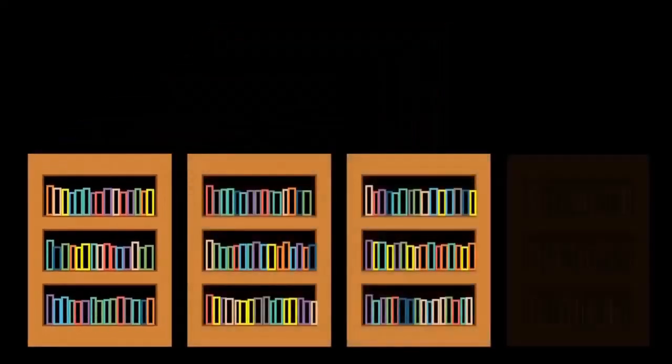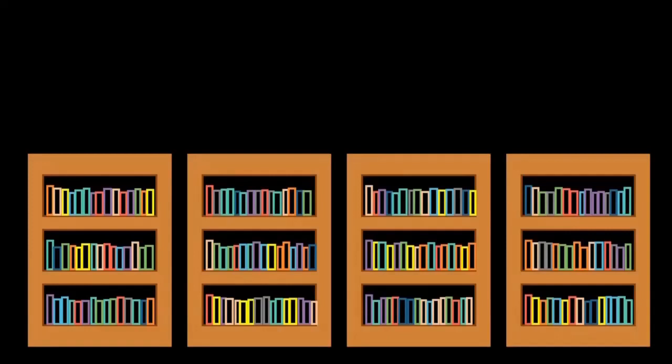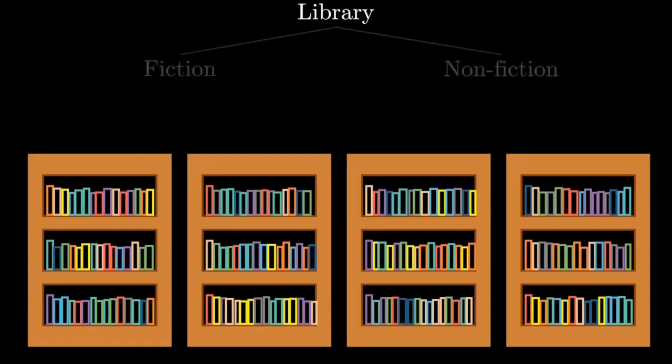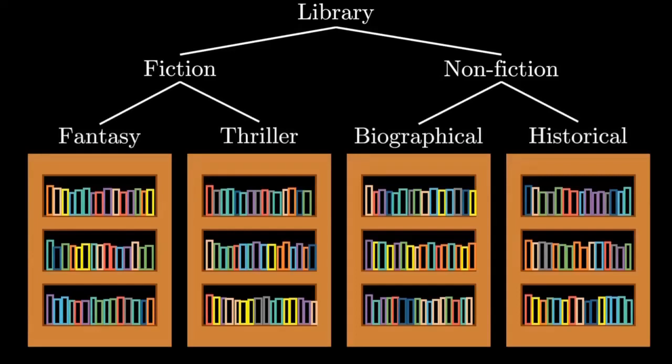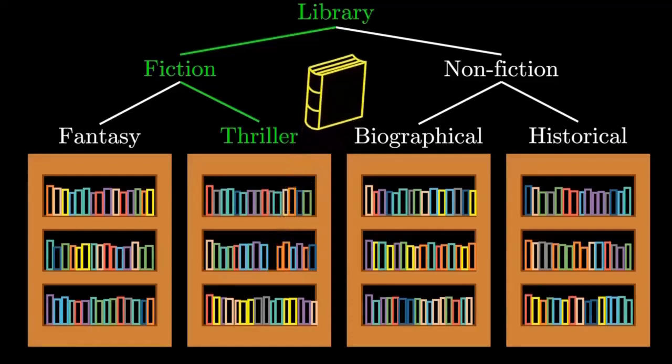Now, let's say as you get even more books, you decide to change your organization scheme one more time. You now basically have a small library, and each shelf is split based on fiction or non-fiction, and then the respective genre. Within each genre, you'll keep the same alphabetical organization of authors, and now, if you want to find a book, you can narrow your search to the corresponding section. Here, your data structure is this hierarchical organization of books based on genre, and your algorithm is the process by which you identified the genre and then found your book.